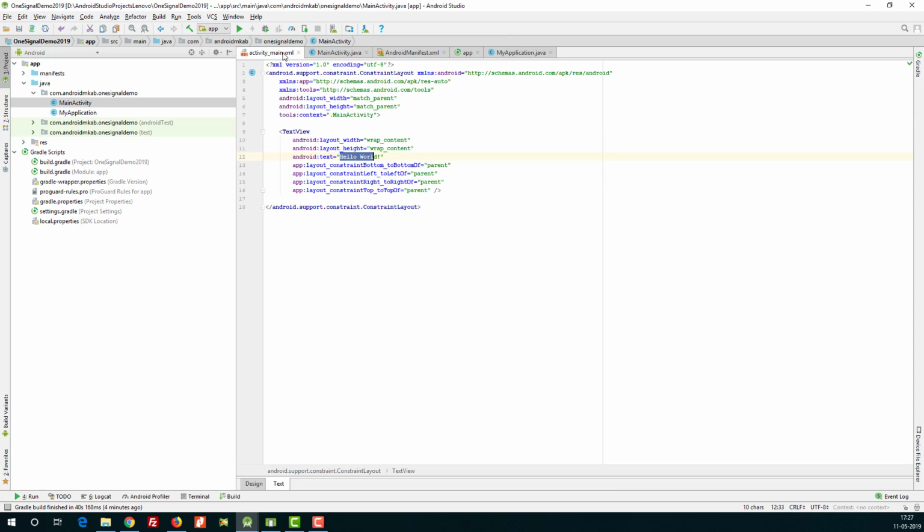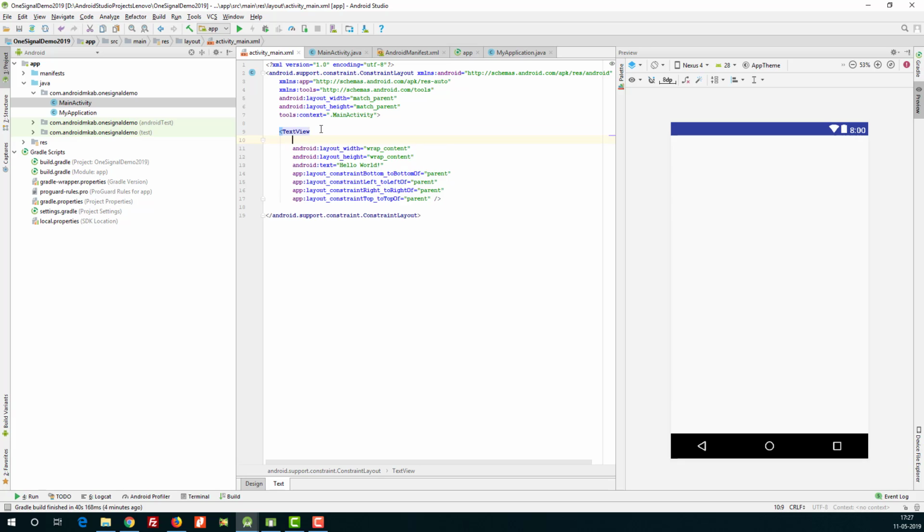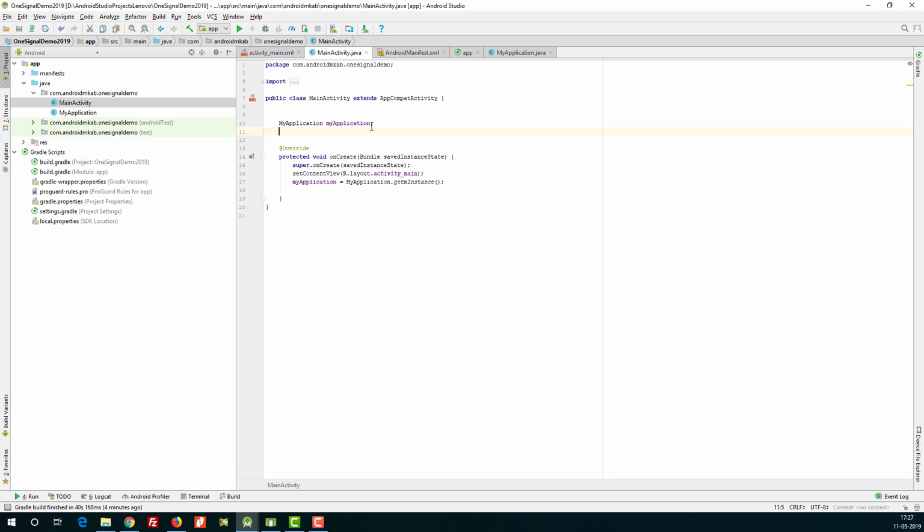First we have to give an ID for the text view. Then go to main activity, we have to create a variable, name is equal to findViewById R.id.name.